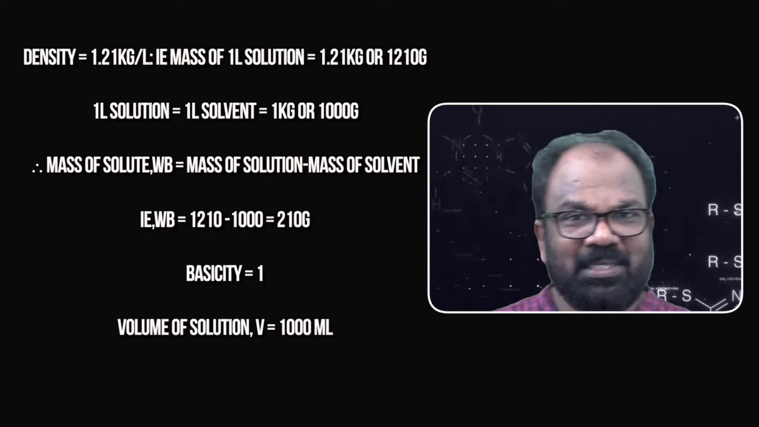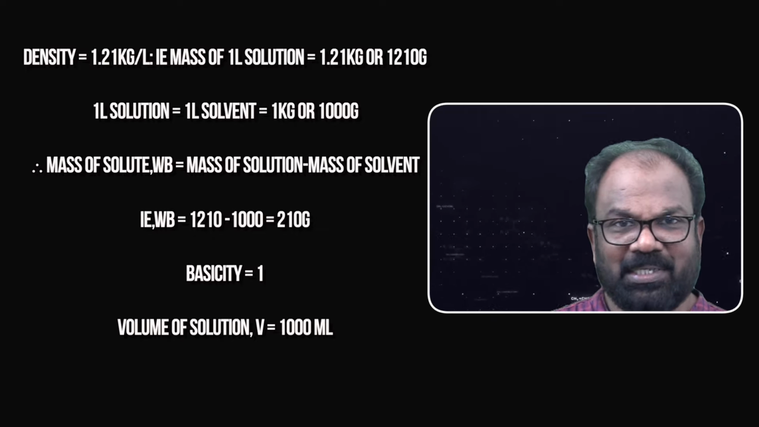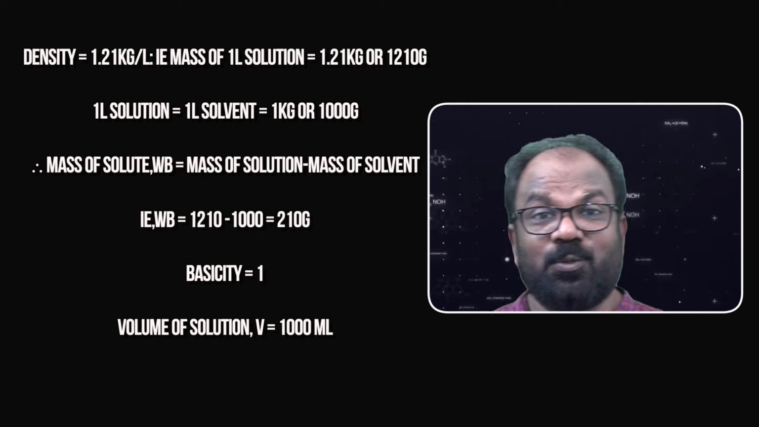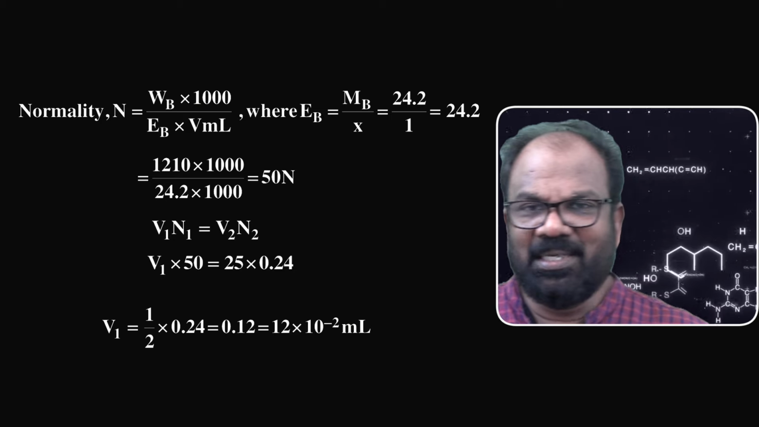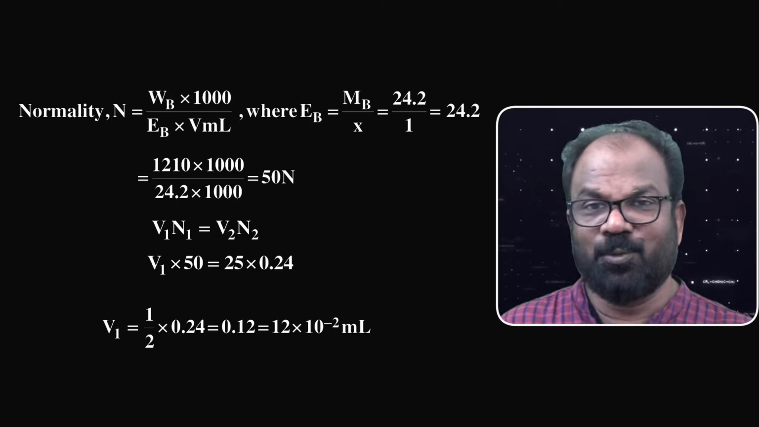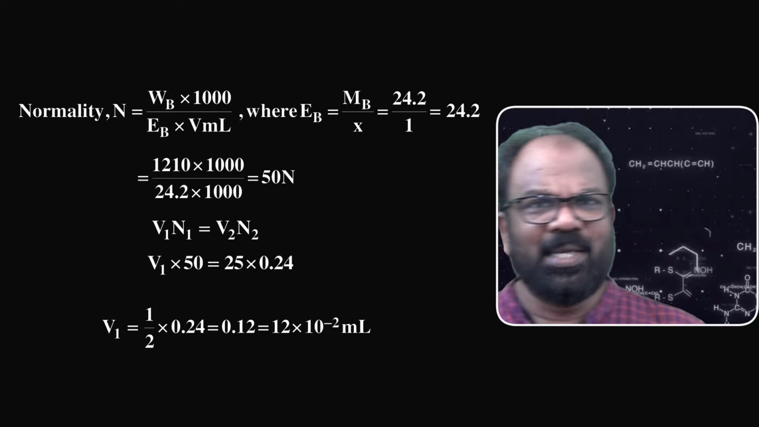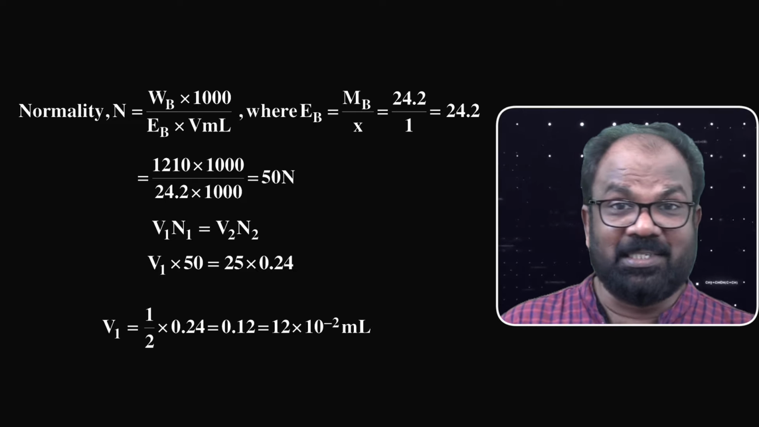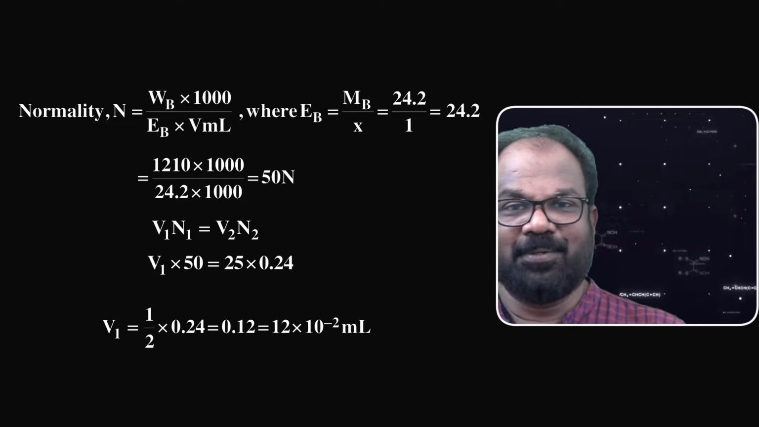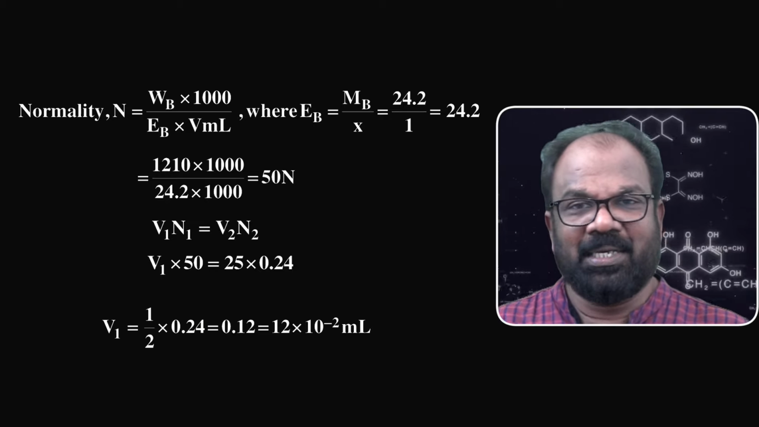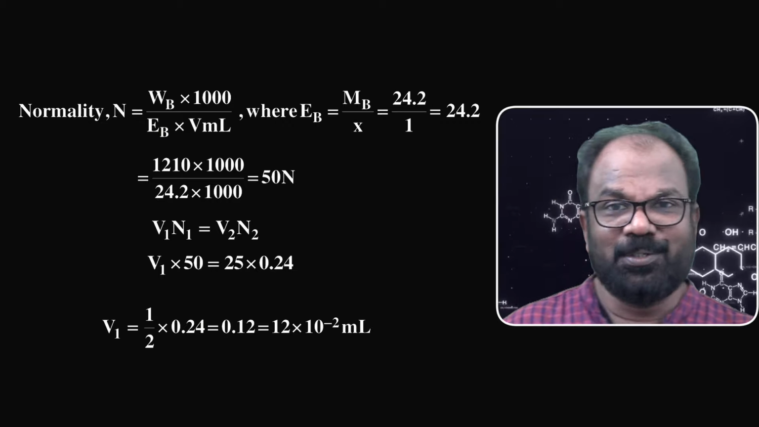Weight of solute WB is equal to weight of solution, that is 1210 gram, minus weight of solvent, that is 1000 gram, that is equal to 210 gram. Then we can calculate the normality of the solution: N is equal to WB into 1000 divided by EB, the equivalent mass of solute, into volume in milliliter. Equivalent mass of solute is equal to molecular mass divided by basicity. Here the basicity of acid is given as 1, therefore its equivalent mass is equal to molecular mass. Substituting the values of WB, MB and volume of the solution, we will get normality of the solution as